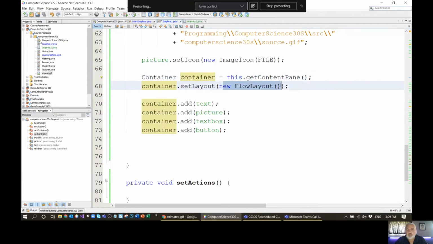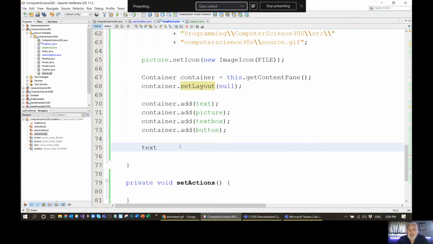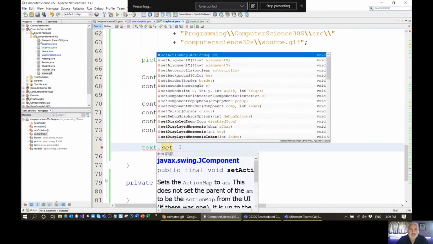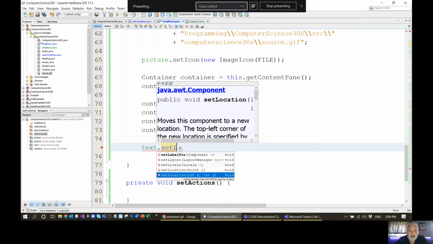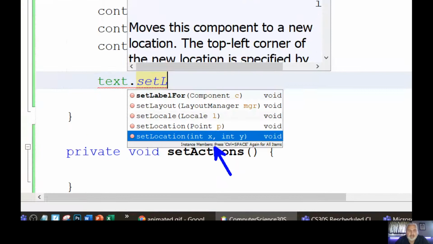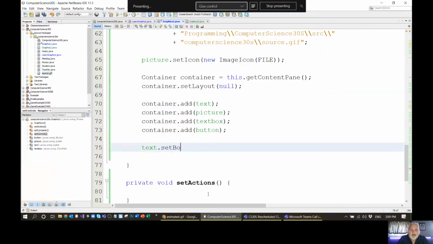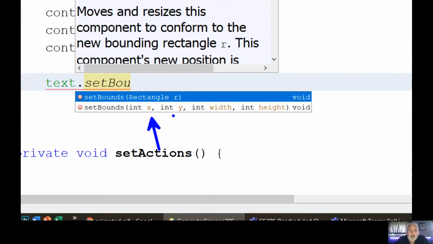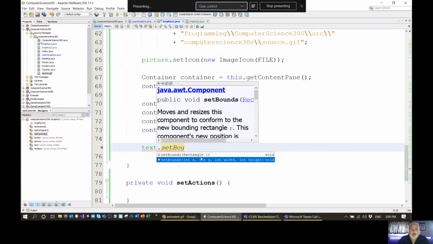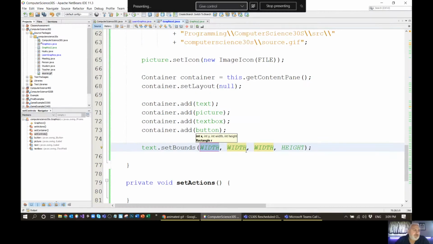So when I switch to null, now I have to position things. I have to say that the text, I'm going to set its location, or location is one way to do it, which gives you an X and a Y. But instead of location, I'm going to use one that's a little more powerful, called set bounds, which uses X and Y, but also width and height. So I can really set exactly where it goes. However, I need those 4 numbers. If I just say 10, 10, 10, 10,